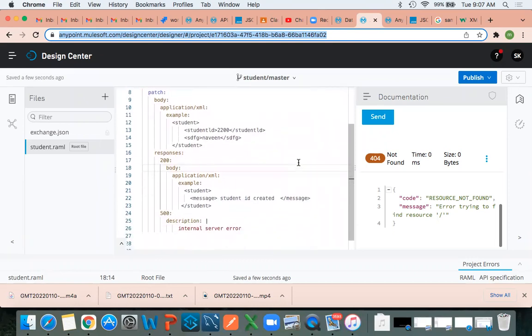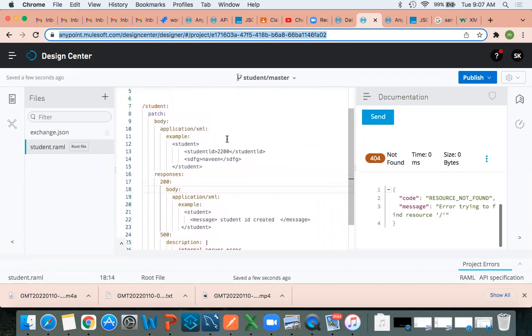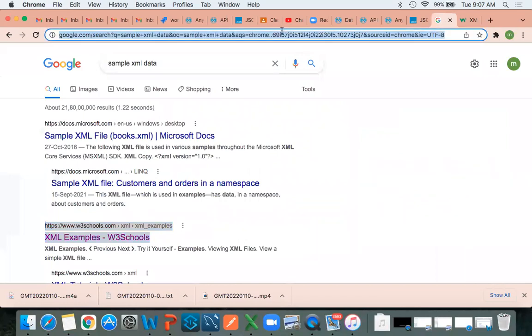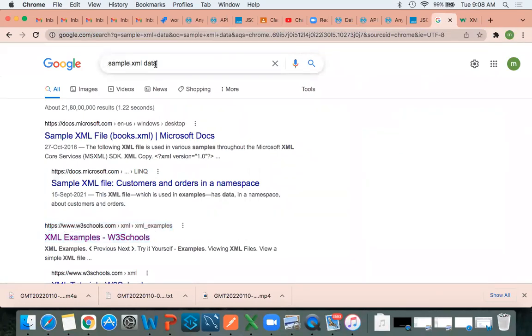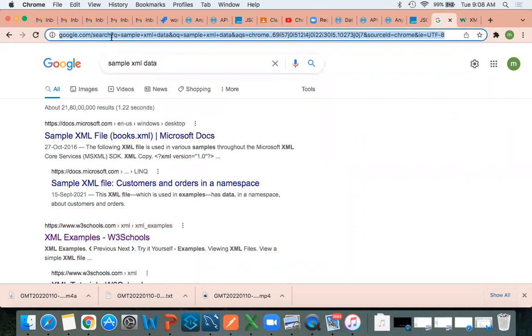I didn't get you. In the post method, if you use the query parameter, we need to see first thing, in the post method we cannot use query parameters. In the post method we are sending bodies. Post means create. Query parameter means getting some values. Already I explained to you, right? See, if you are searching sample XML data, what will it do? This question mark is nothing but the query parameter. So it is passing sample plus example plus data. Once it passes it, we will give this info.